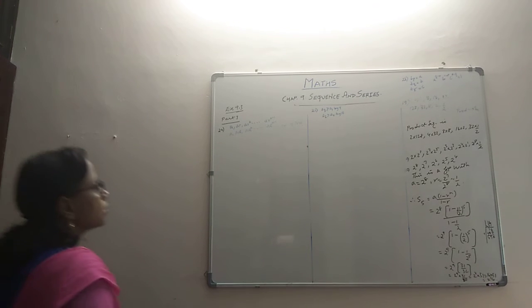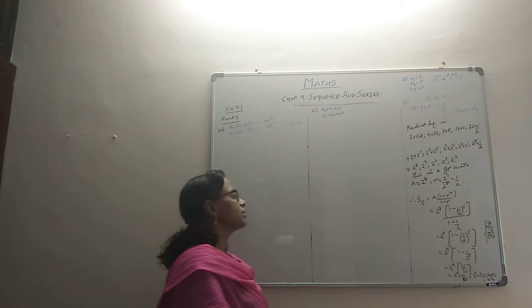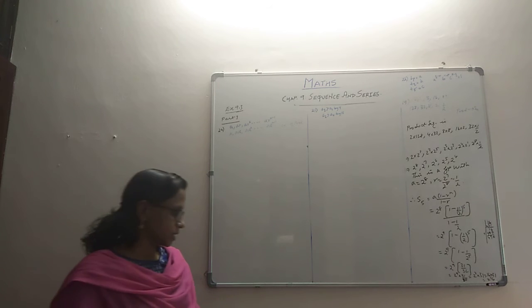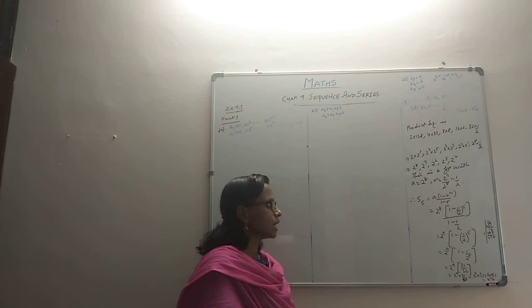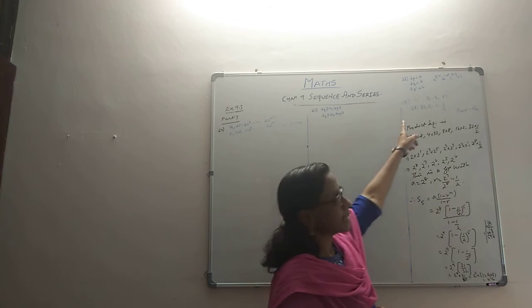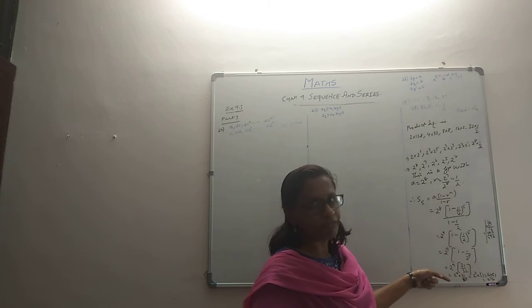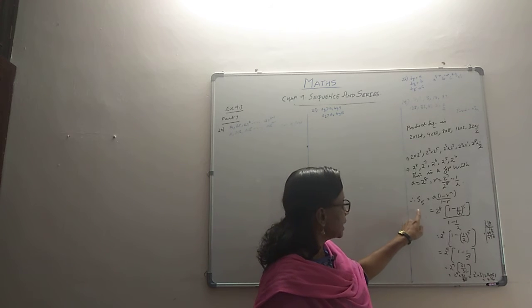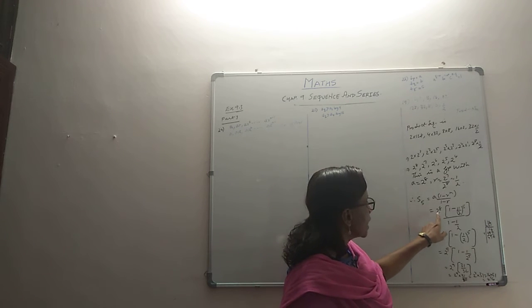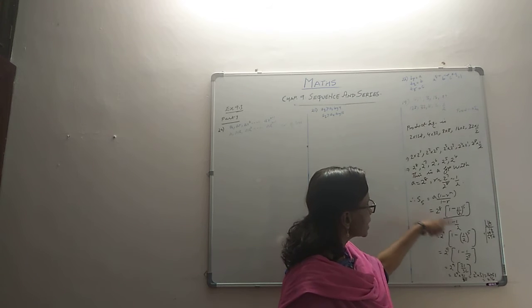Hello folks, we come to exercise 9.3 part 7, and we'll be continuing with what we were doing in the previous part 6. In part 6, due to some technical problem, we were not able to complete the 19th problem. So we'll just come to the tail end of the 19th problem which was left in the previous part. We had taken up S phi as by formula, all this, and the 2 is carried up.